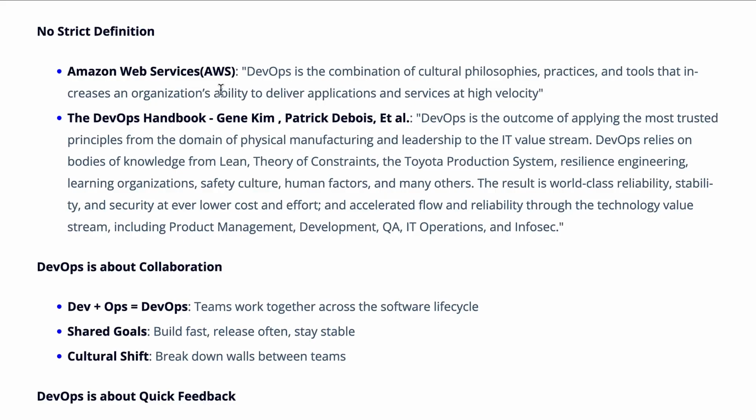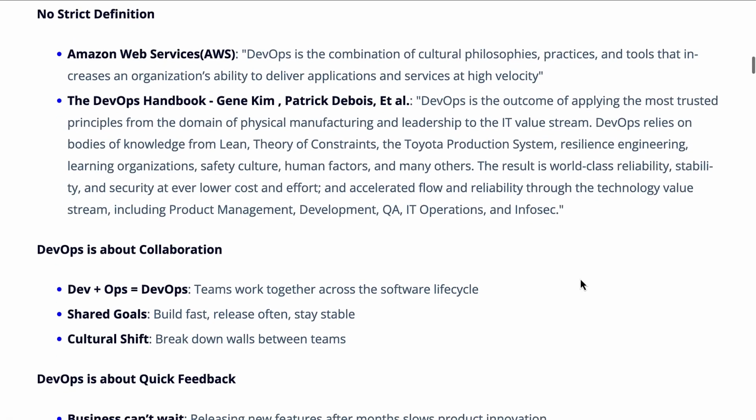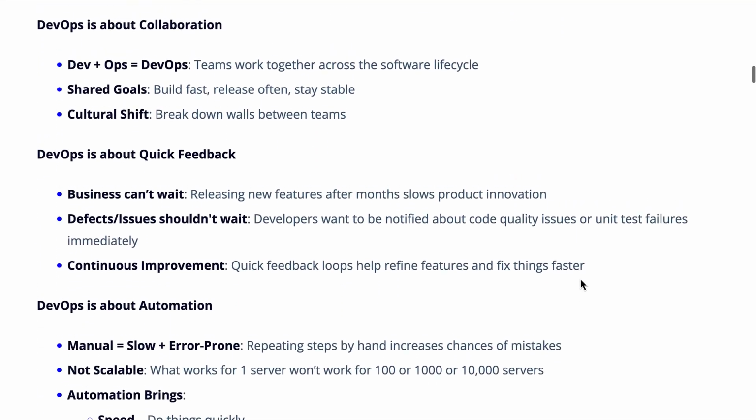However, if you look at the DevOps handbook, this is one of my favorite books on DevOps. This was one of the first books I read on DevOps before adopting DevOps. So it's a great book, but if you look at it, the definition of DevOps runs into a few lines. This is a very complex definition. So let's not really worry about what is the definition of DevOps. Let me talk about what are the important elements, what are the important focus areas of DevOps.